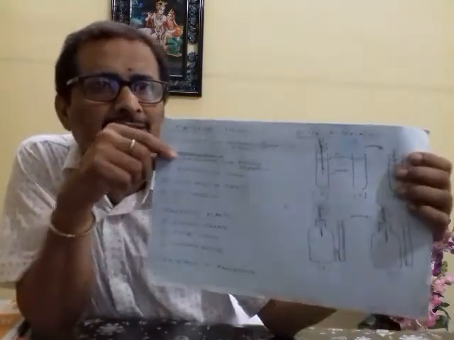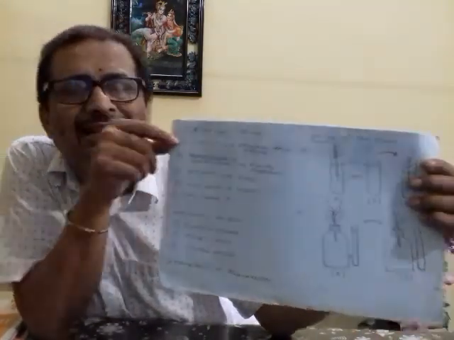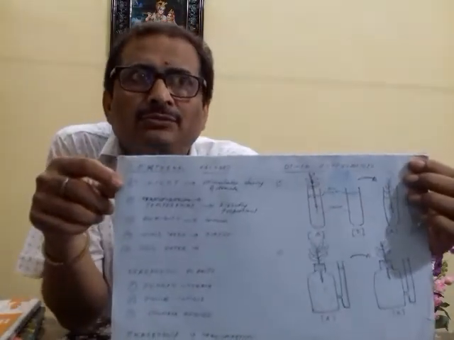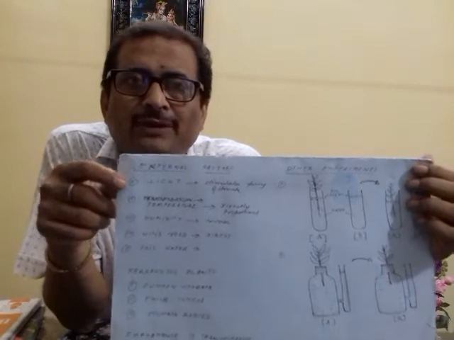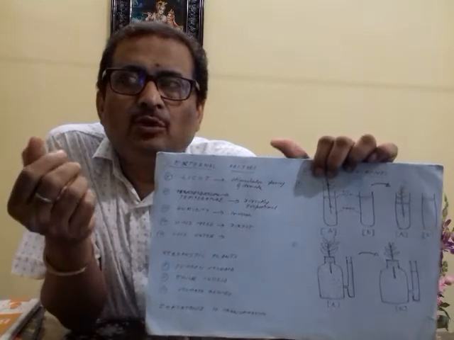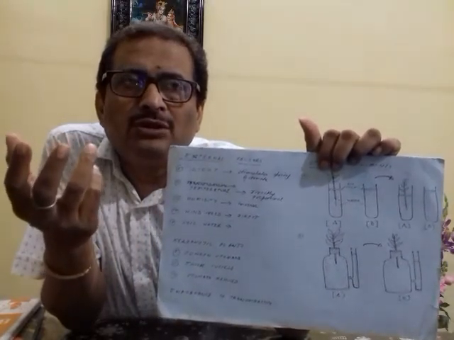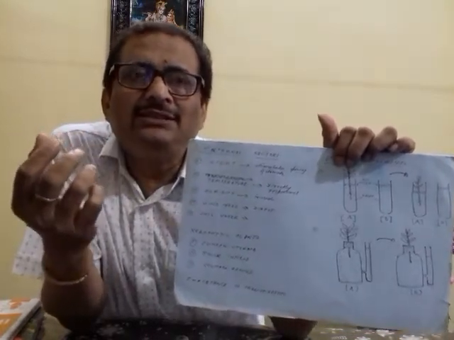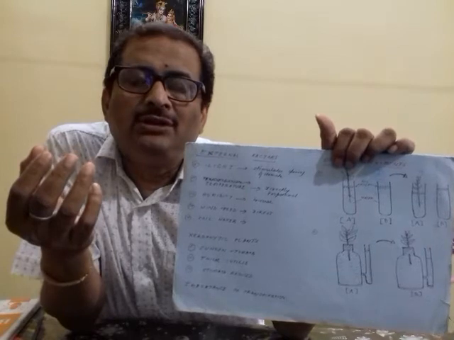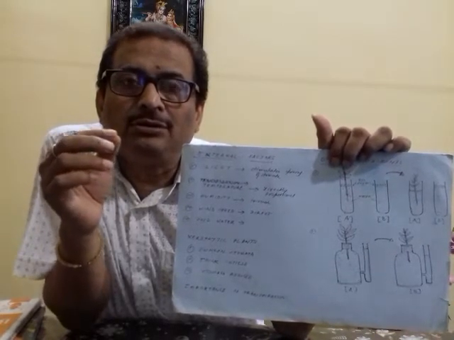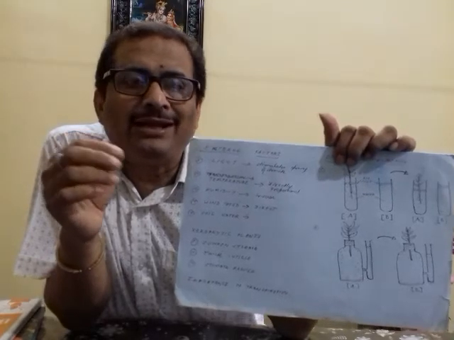Now we are going to study some of the external factors. You can see here I have written external factors. One is light. When the light is more, the transpiration will be more, because light helps in photosynthesis, so the opening of the stomata is more influenced by light. But if excess light is there, then the rate of transpiration automatically reduces, because premature closure of the stomata can occur because of solarization.